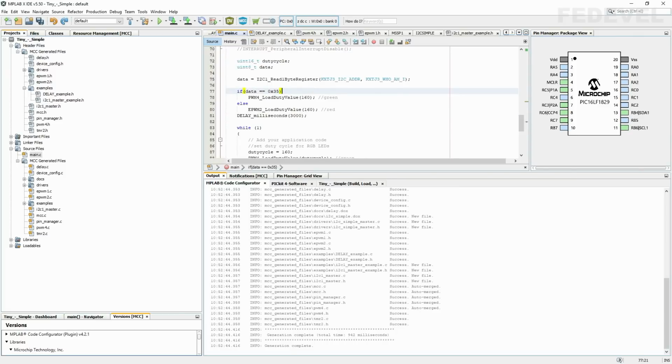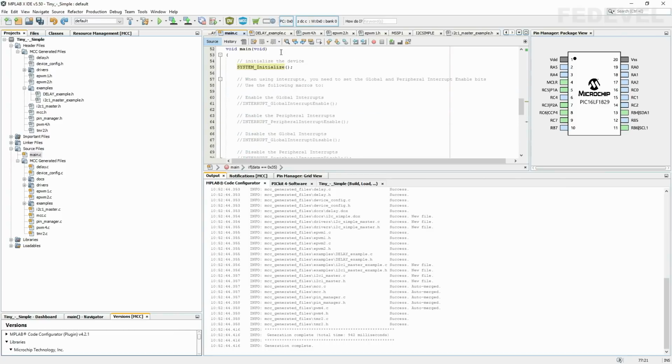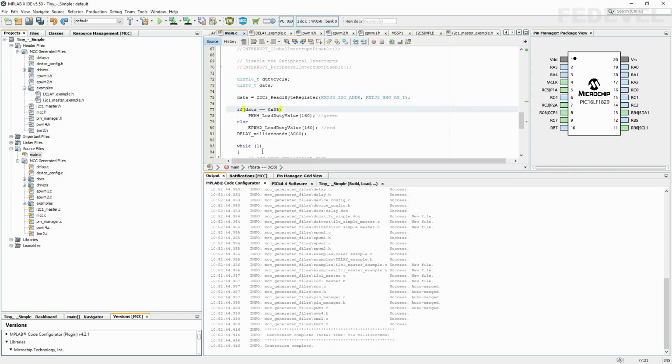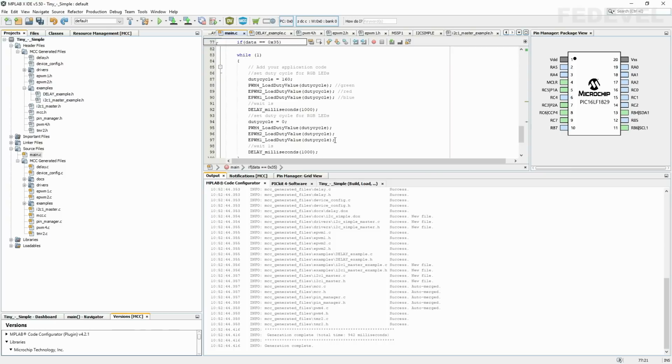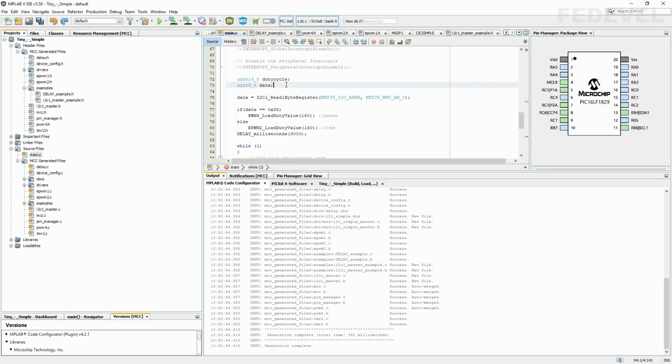Don't forget, by default, when we initialize PWM, we will set the output to 50% duty cycle. So to be able to see this, we need to switch off all the LEDs first. So I'm going to copy this, and I'm going to place it here.